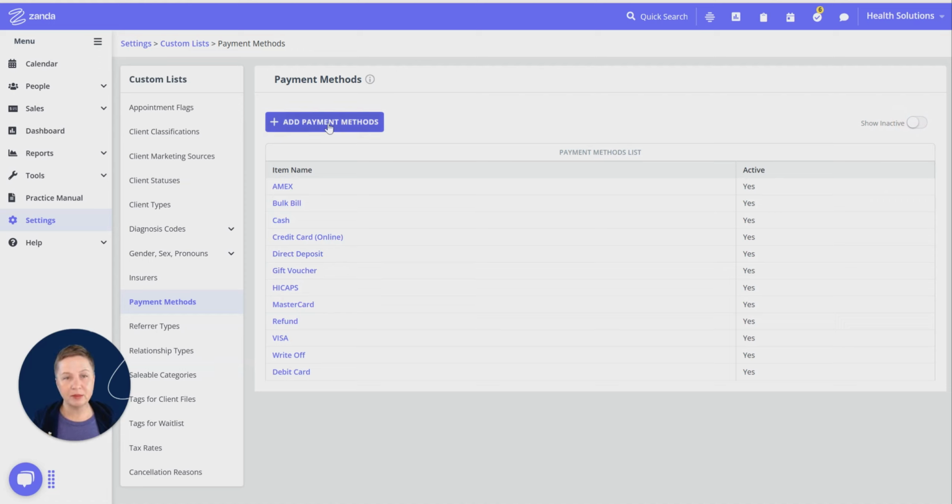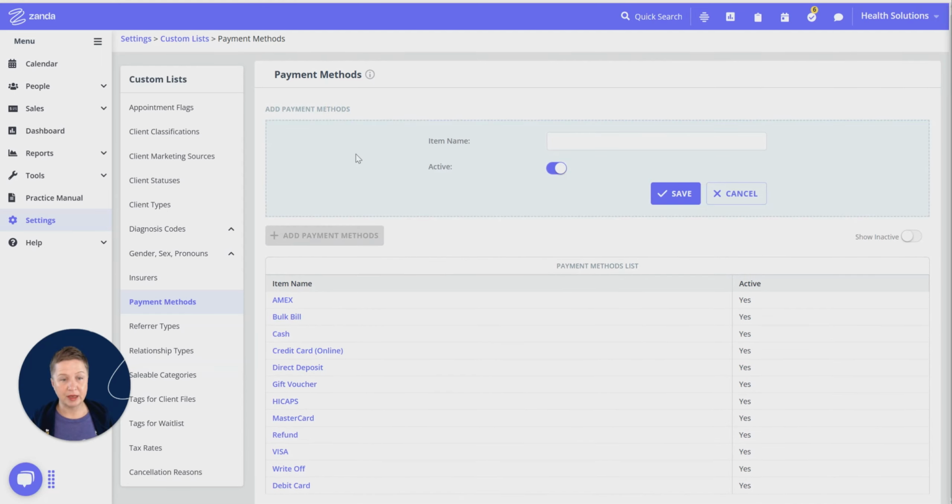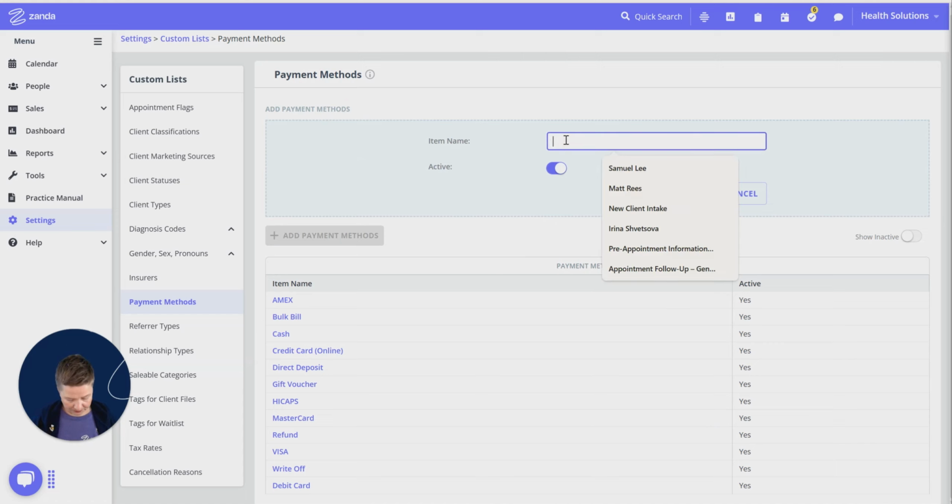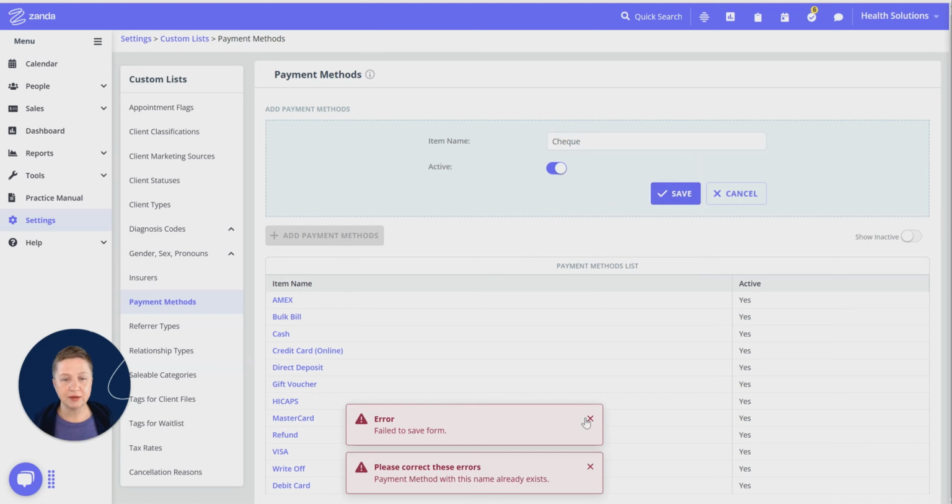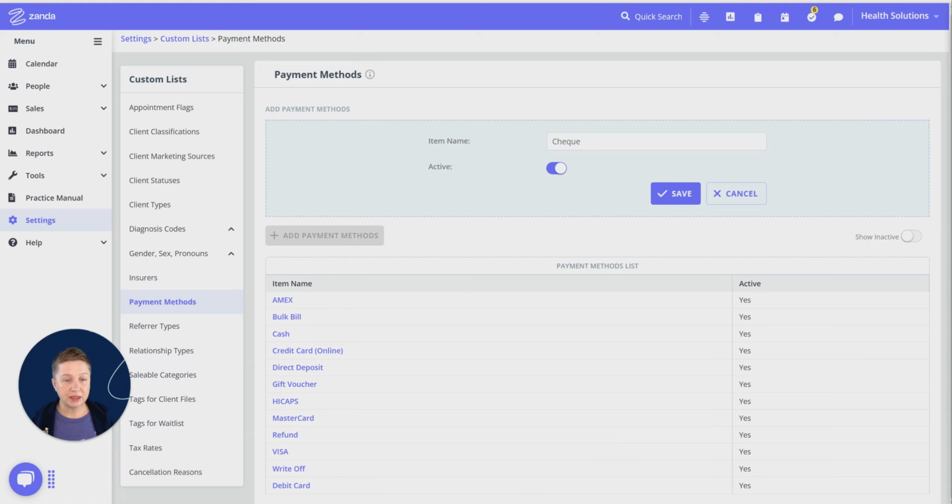If you want to add a payment method that's already existing in your deactivated list, the system will warn you about that. So for example, I want to add a payment method check. And when I try to save it, I will see this error notification, it says that the payment method with this name already exists. And if I don't see it here in the list of active payments, what I'll need to do,